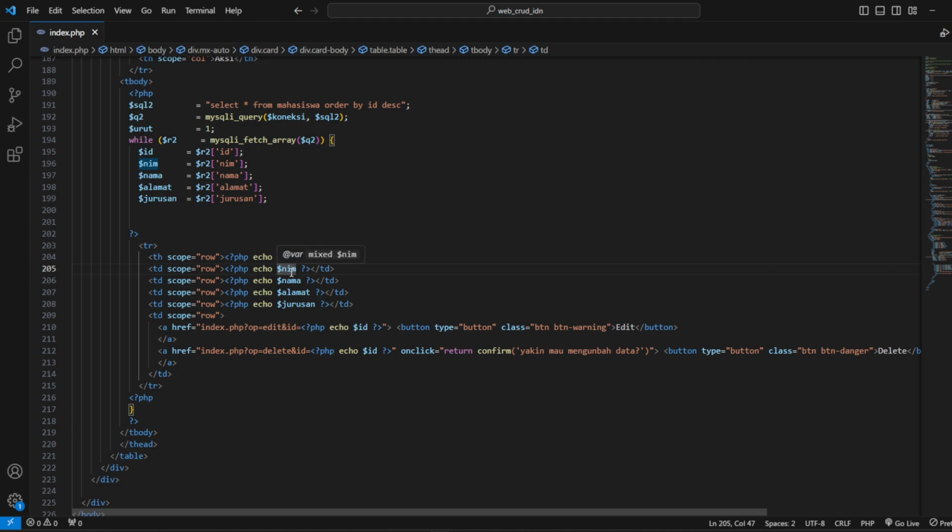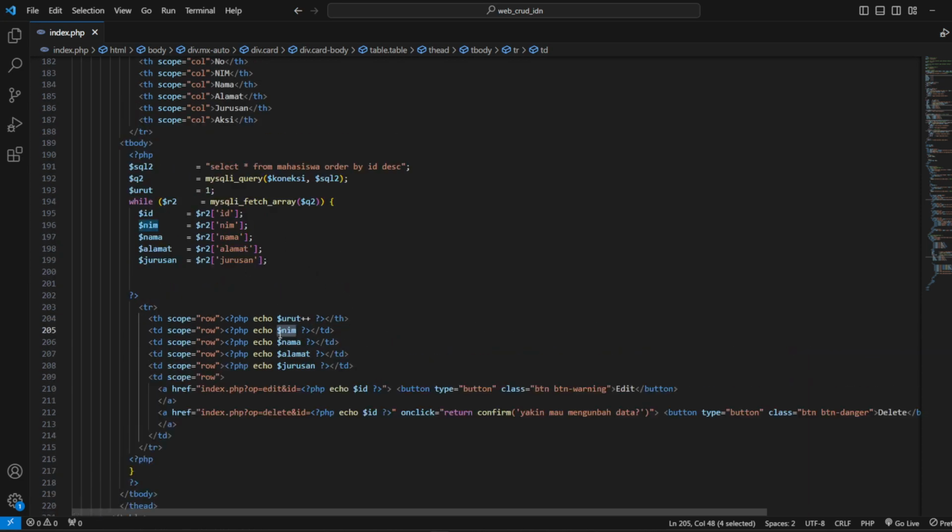Name is like this. You can look at this. Name is what is in the SQL2: select star, all from mahasiswa, order by ID desc, from bottom to up, like that.